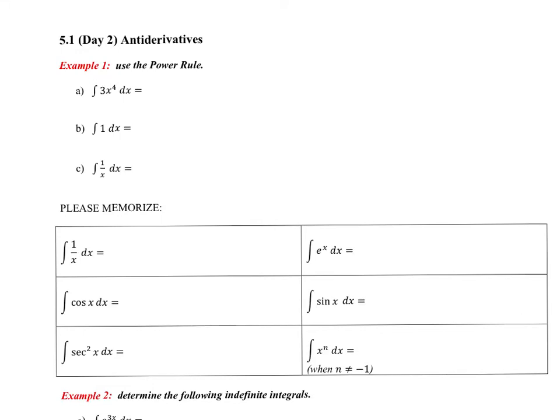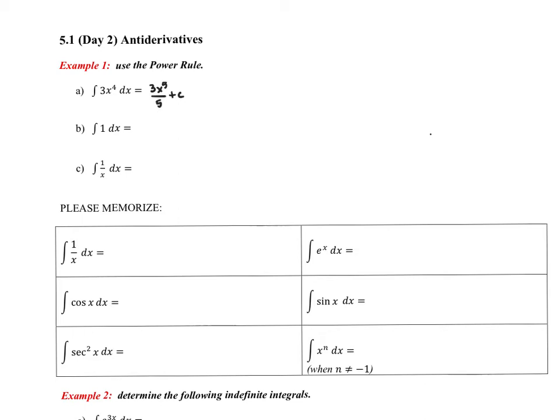AB Calculus 5.1, day number 2, antiderivatives continued. Take a minute, attempt A, B, and C for example 1, come back and check your work using the power rule. Okay, you're back. Let's check your work. Using the power rule, we would see that 3x to the 5th over 5 plus c would be the antiderivative